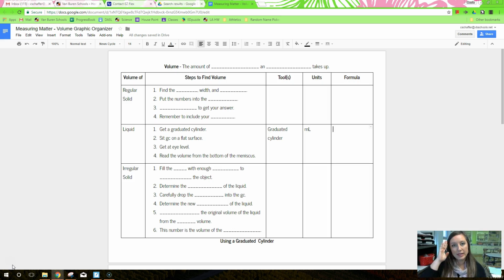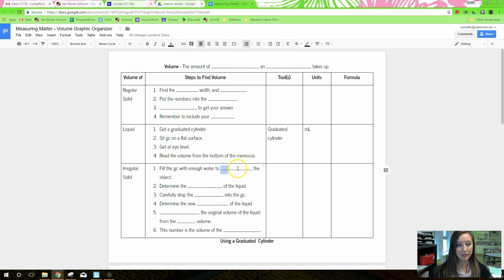So you're actually going to have to take some of the information that you've learned on using graduated cylinders and finding the volume of a liquid and put it together in order to find the volume of an irregular solid. Believe it or not, we are going to be starting off with a graduated cylinder. So we want to fill, and I'm just going to abbreviate graduated cylinder GC, the GC with enough water